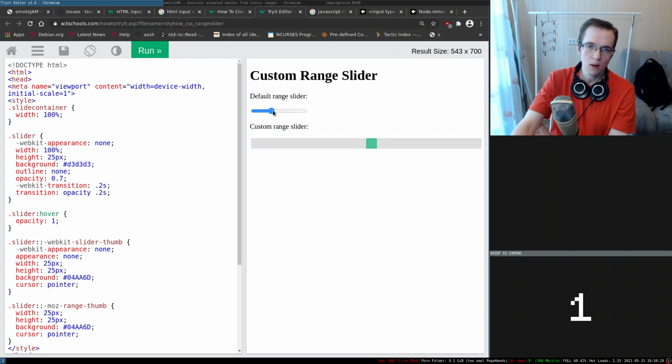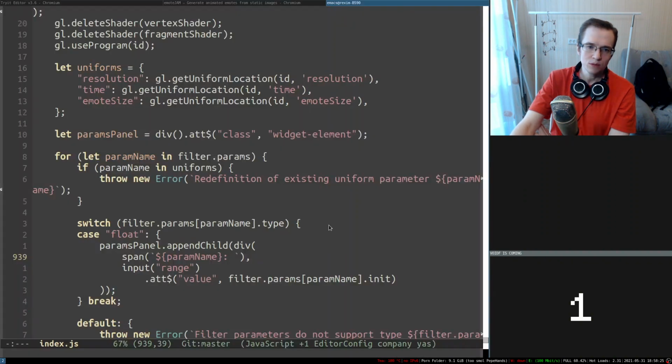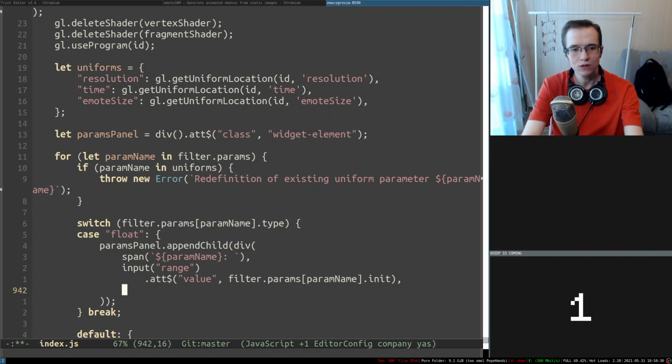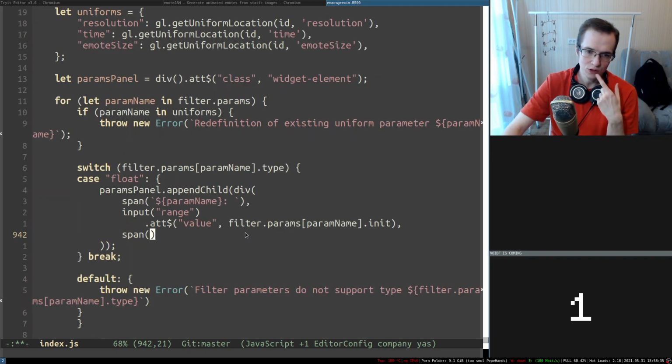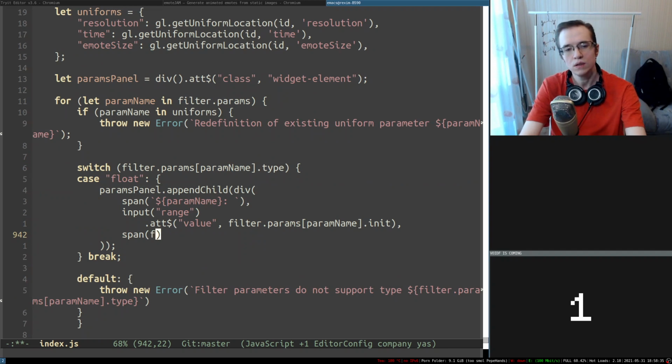Custom range slider. Maybe we can put that after this entire thing. So it could be something like span, and that span is going to have some sort of initial value, filter params, param name,